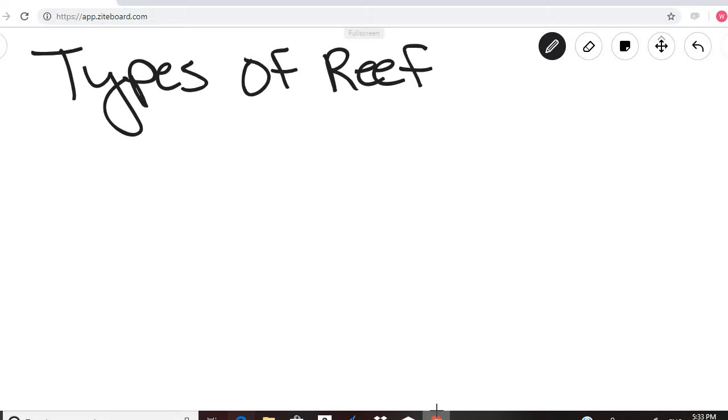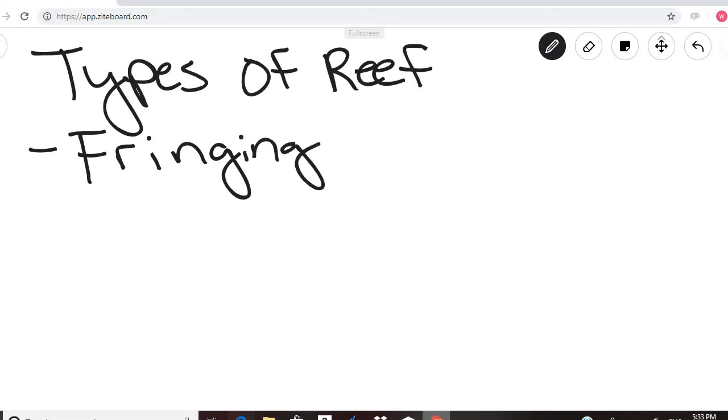The first one is called a fringing reef. And a fringing reef forms along a coast